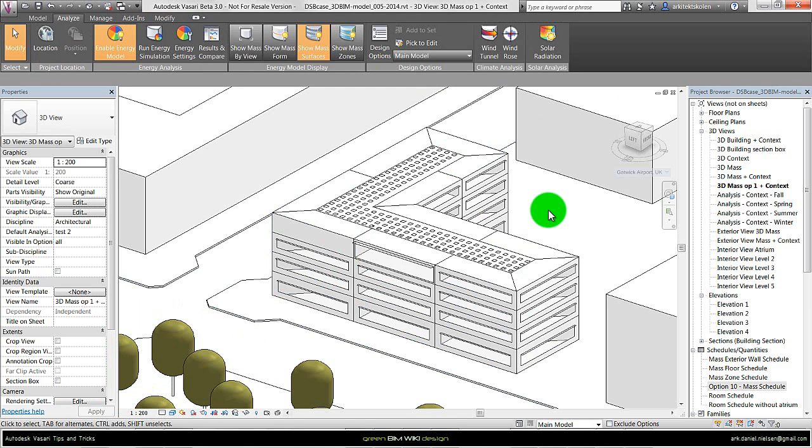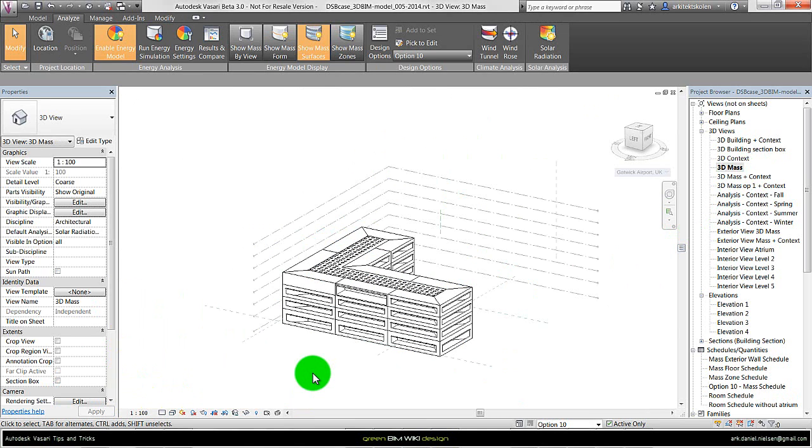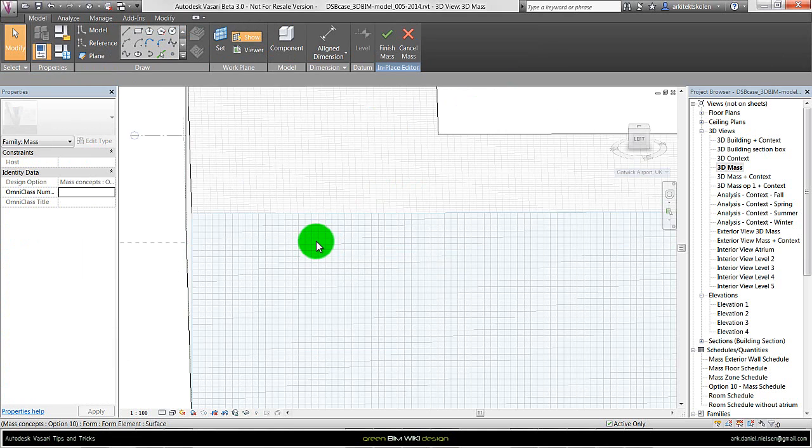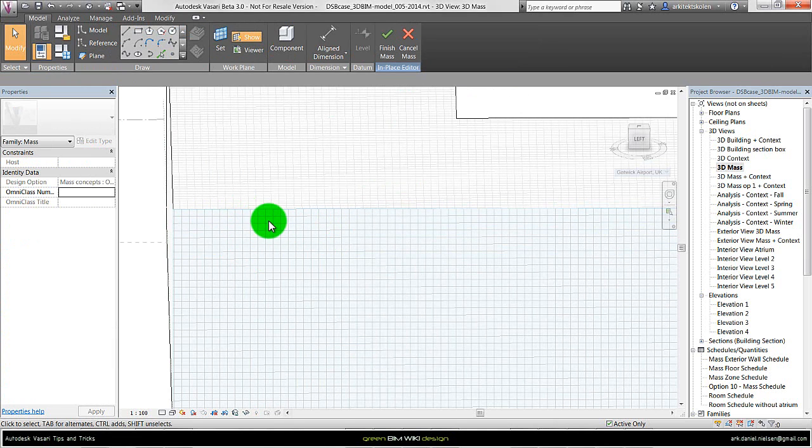Then I go in and edit the mask I've created. But a good tip is to have a view that just has the mask turned on without any context, so it's easier to select things and the context doesn't confuse the selection. I start by selecting the mask, saying edit in place, and if we zoom in, I have created a hatch for this material I have added